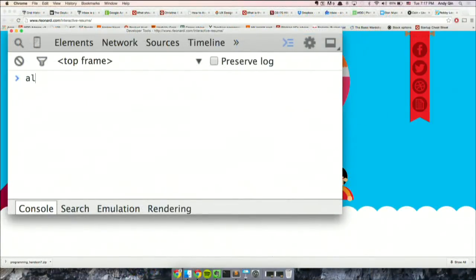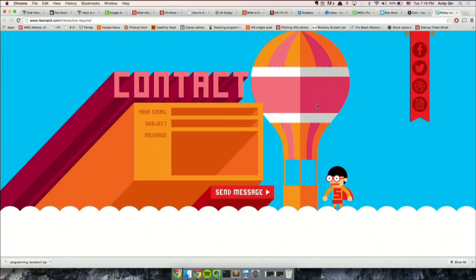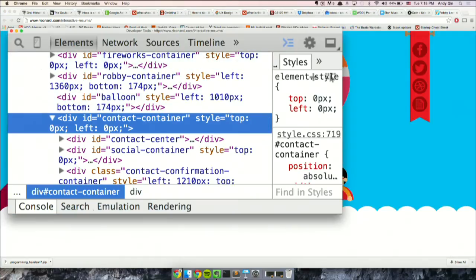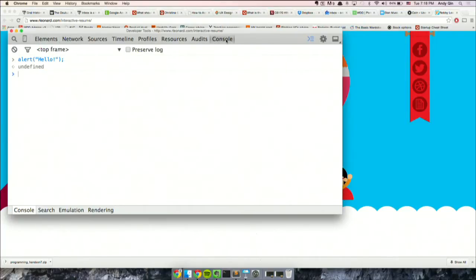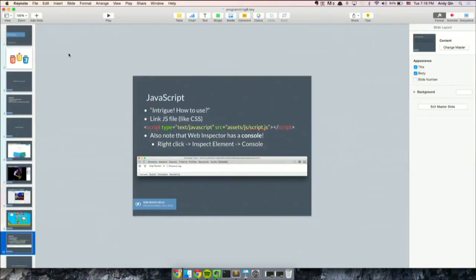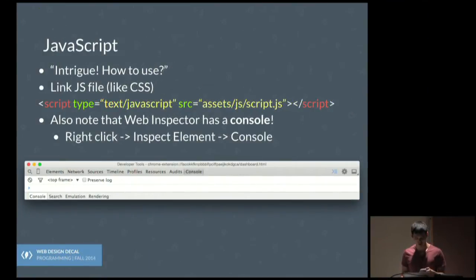Here's where you can type in some quick JavaScript, and it'll actually run right on the page. That's super convenient in case you forget little quirks about JavaScript and you just want to type it in and see what the result is. That's how you do it. Just one more time, you go to inspect element. This is your standard web inspector, but you go all the way to the right, and the very last thing should be console. This will actually be really helpful. It will help you out a lot if you type in the commands that I go through in the console as we go, just so you can follow along.